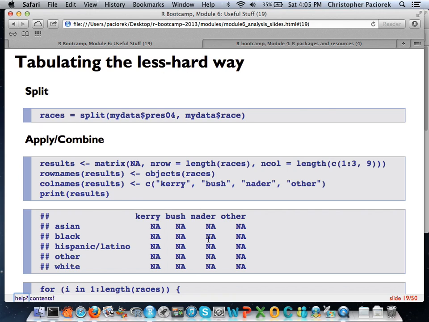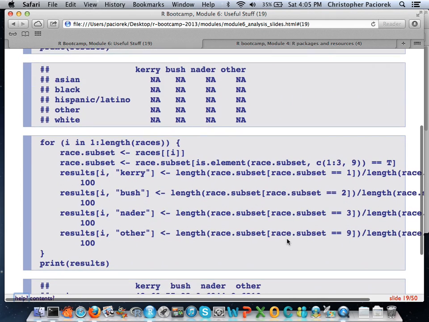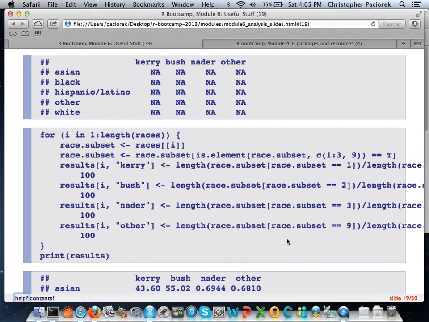And then what we're going to do here is we're basically going to apply this. We're going to make a matrix to house our results. You can see this right here. It's all ready to go. We've got our missing values, and then very unfortunately, of course, I'm going to use a for loop here to fill in these results. And again, this is the same exact statistic that we were calculating before.